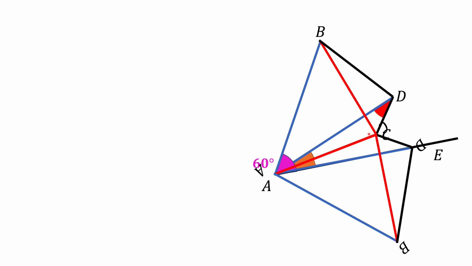And now let's clean up our image. What are we going to do? We're going to call D prime the image of point D and B prime the image of point B after the reflection. And now let's look at the angle DAB prime. Notice this angle is the reflection of the angle D prime AB. So it should be congruent to that angle, but angle D prime AB is 60 degrees, so DAB prime is